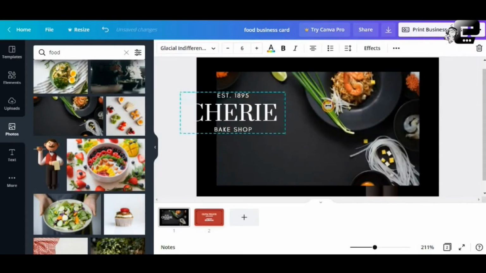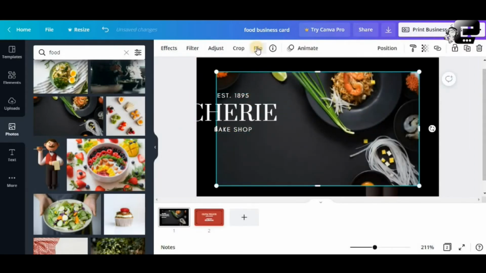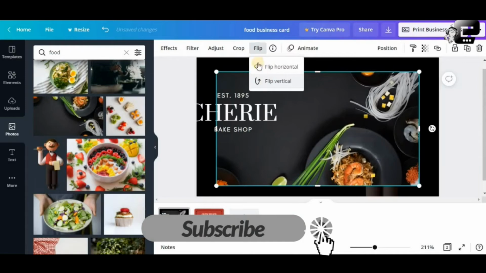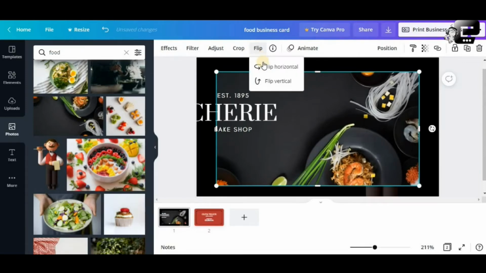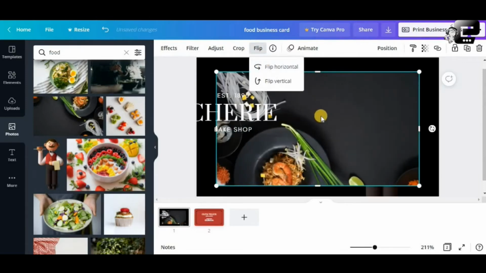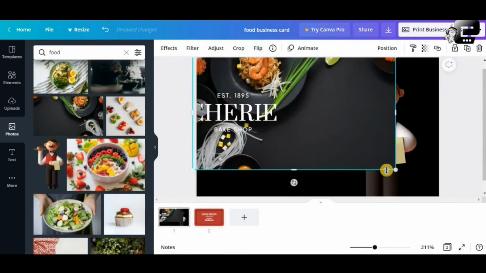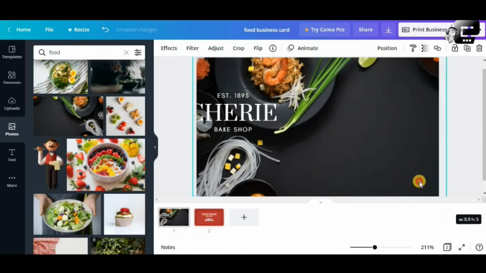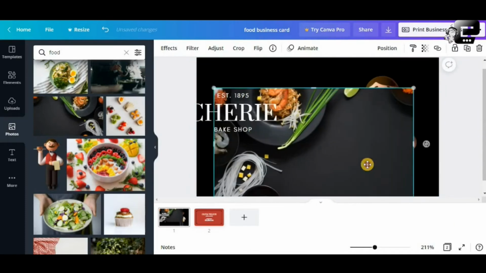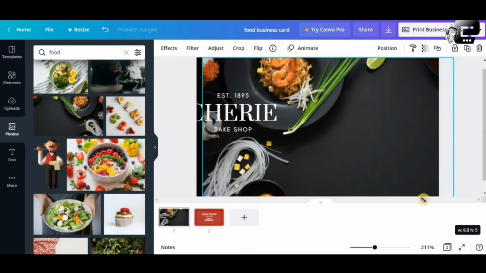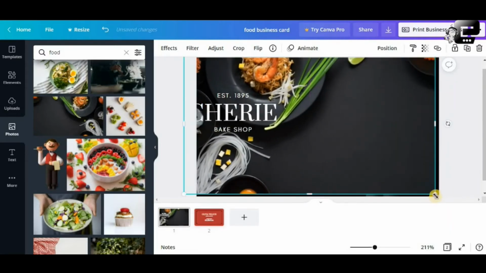You can also insert a really nice image. You can flip it. When you click on an image, there are some options here on top. You can flip it vertically or horizontally. Flip vertical again. So we can use this as our image. We drag the handles on the sides. On the four corners, there are handles there. You can just drag them to maintain its ratio and proportion.